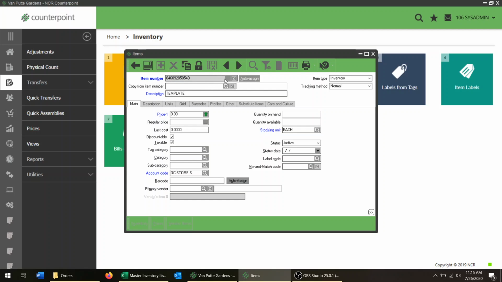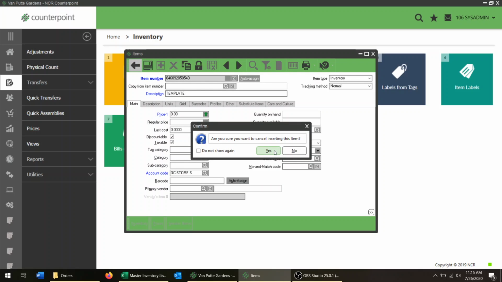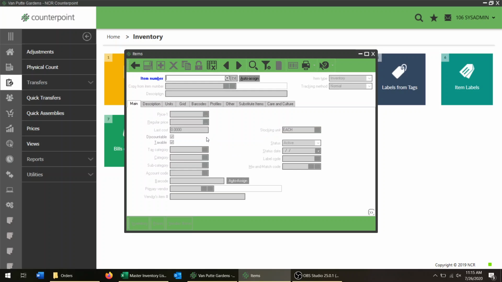This is not how we add items here. Our item numbers are not that UPC. So in order to back out of this, to realize that you didn't just find it, you're going to hit the back button, say yes, and then you know that that item is actually an item that you have to enter. So how this works is if you want to create a new item from scratch, you would hit auto